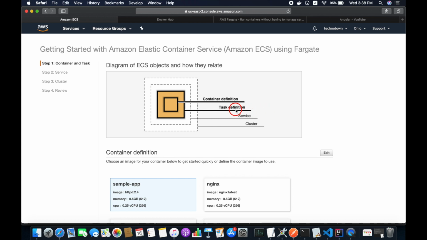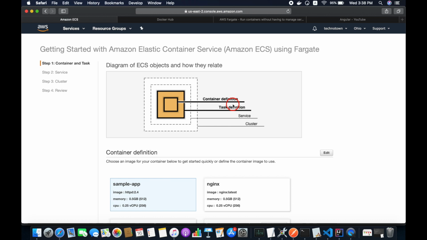And coming to the task definition, basically the task definition is a text file in JSON format that describes one or more containers that form your application. You can think that this task definition is a blueprint of your application. With the help of this task definition, we will create one or more tasks. A task is the instantiation of the task definition.